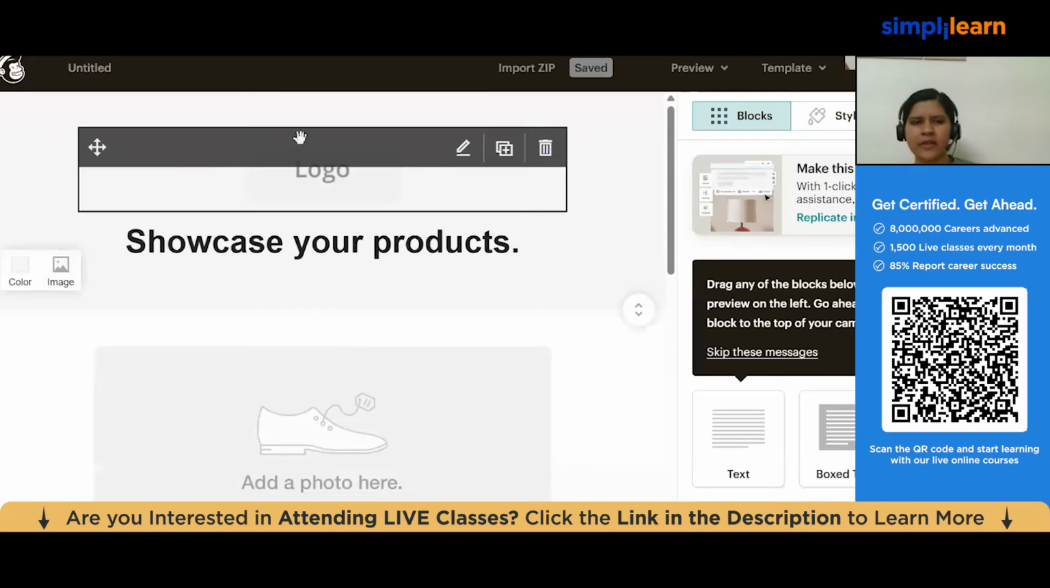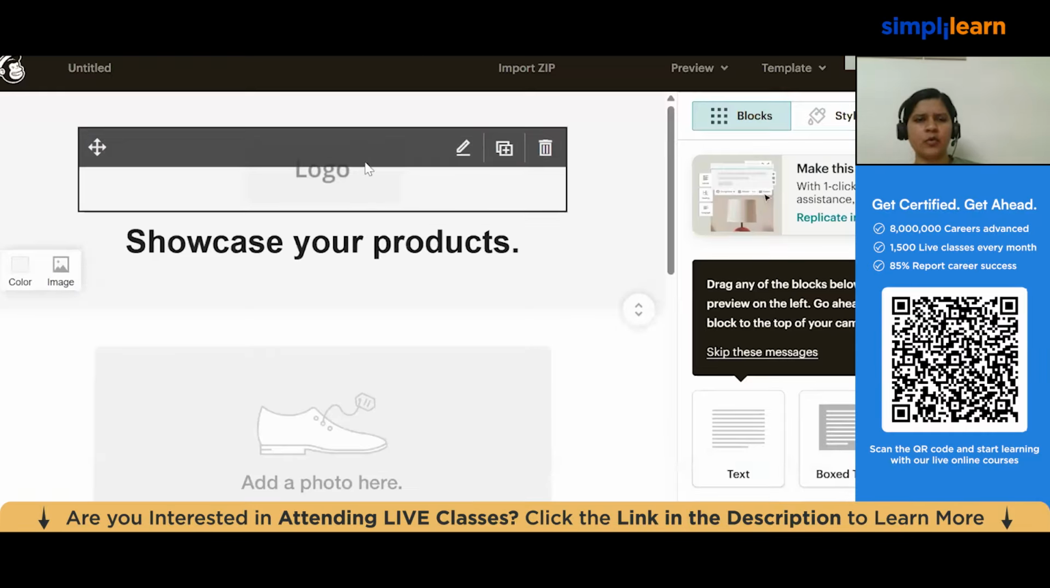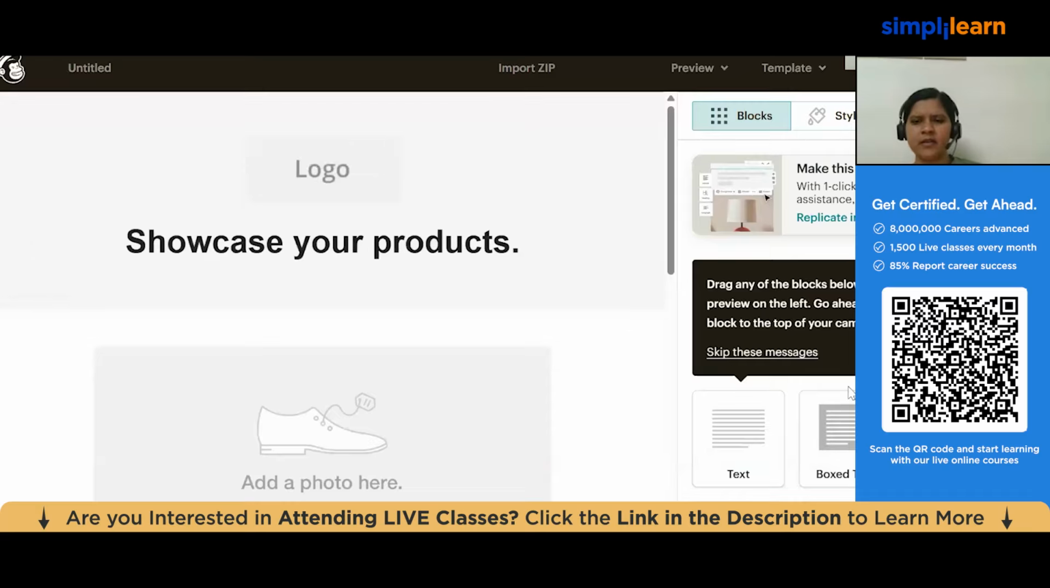So it is like your Canva, by the way. If you don't want any segment, you can delete it. Have you guys ever used Canva? The way you use Canva is very similar to that. Let's say I don't want to use this logo section, I can remove it. Here you have all the